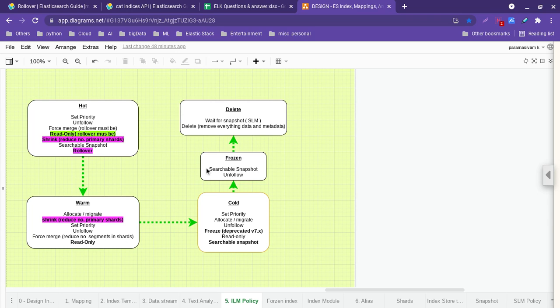These are about the rollover action. In this video I have explained what set priority is and its purpose, the purpose of unfollow actions, and the purpose of rollover actions, and what facilities are available, so you can leverage them.